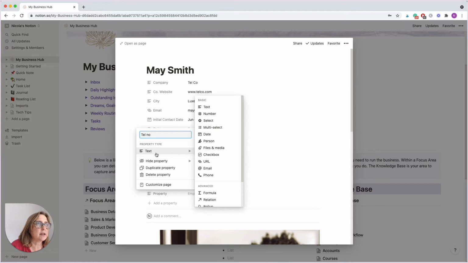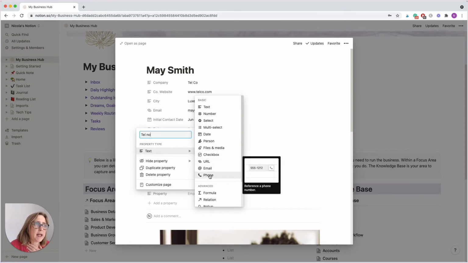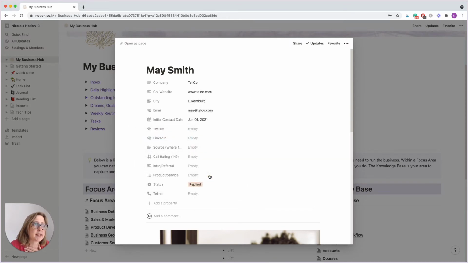And that then can be defined as, so this is a new property, a new column effectively in the database, and you can set it up to be whatever type of information that you want. That could be text, number, etc. But we have one here called phone. So let's add that one in there. And let's drag it up to the initial contact details. And then